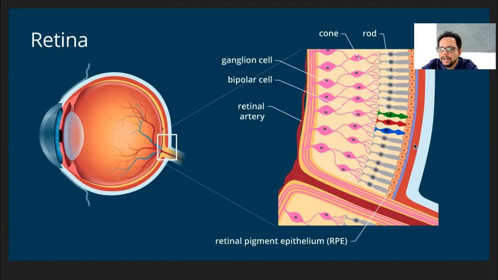This brown color is the choroid, and then this blue line, I would assume they wanted to show it black in terms of the melanin pigment layer. And then the inner one, starting from these squarish cells, the whole of it will be the retinal layer.